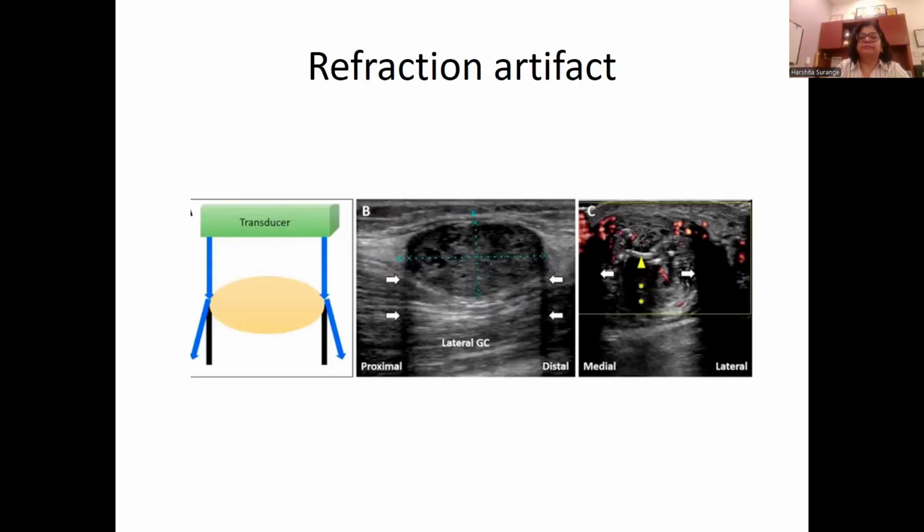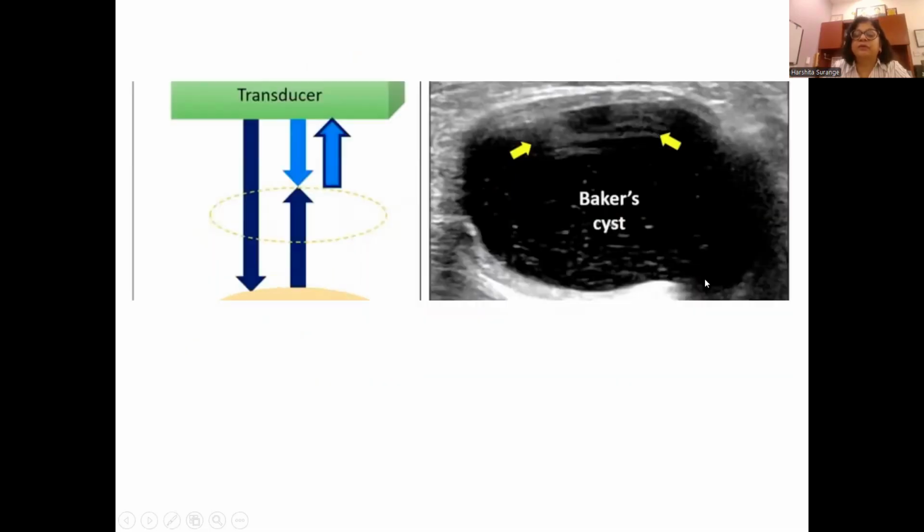So now another example here, you can see the critical angle artifact. This is a soft tissue mass, and on either side of the soft tissue mass, you can see this shadowing. This is the critical angle shadowing, which occurs because of the refraction. Okay, and you should be aware so that you don't make it as a pathology. You can think that there is hypoechogenicity, there's a tear, or there's a penetration, there's extension of the mass into the deeper tissues.